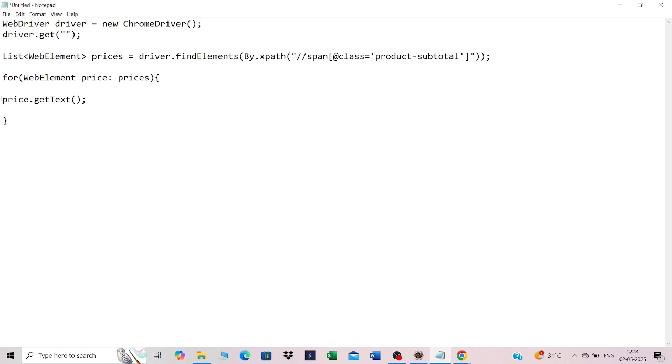This will return me one string, which is equal to sub. Now I need to convert this into integer format, Integer dot parseInt. And this amount I'll convert. So this will return